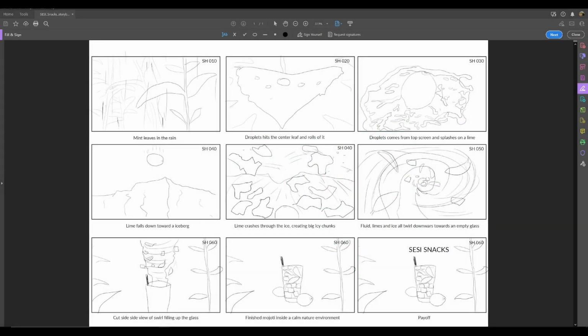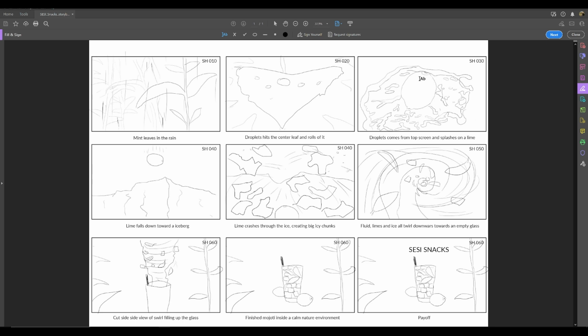Alright, so with our animatic done, we can start working on some shots. Now, here we have our storyboard, and you might be inclined to start with shot 01 or shot 02. For this tutorial series, we're going to start with shot 030. The reason is that this is a good shot to explain Vellum fluids and some use cases of how it works, explaining the parameters and stuff like that, because we're just going to have